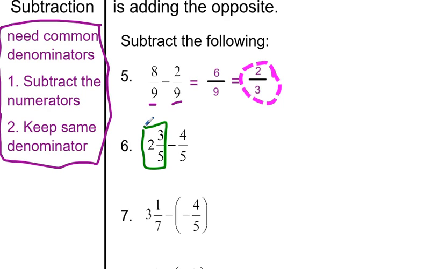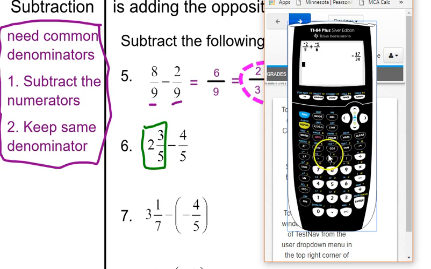That's a mixed number, minus 4/5. So we're going to pull open our calculator. Now when we go to the alpha button and then the y equals button, instead of hitting number 1, we're going to go to number 2. So I'm just going to hit number 2, and it gives me my mixed number option. So I put 2, go over, 3, down, 5, then go over, and now we have 2 3/5 minus